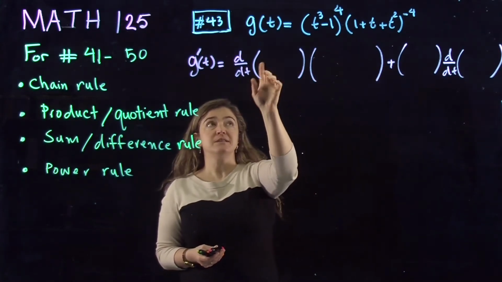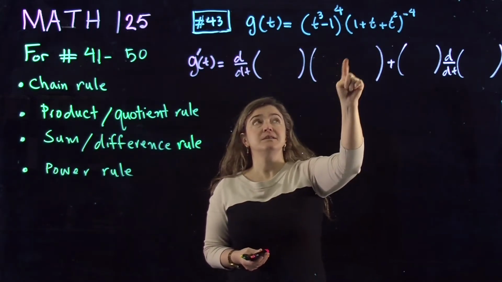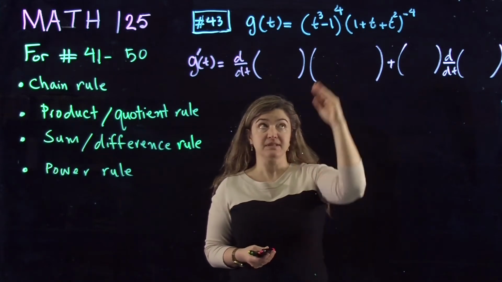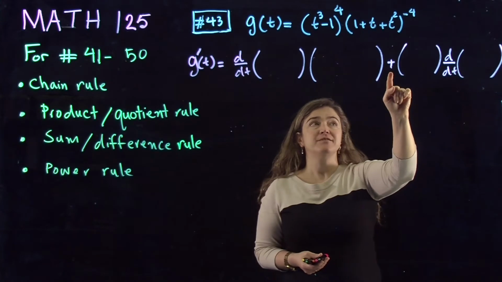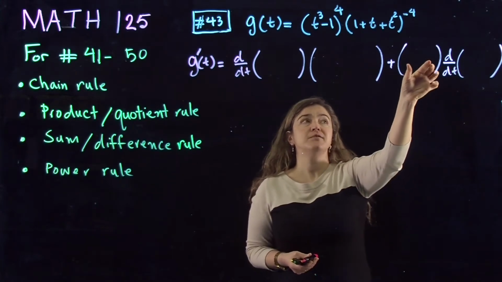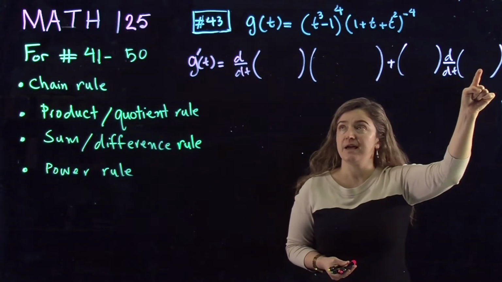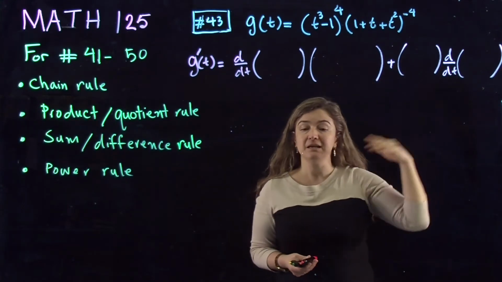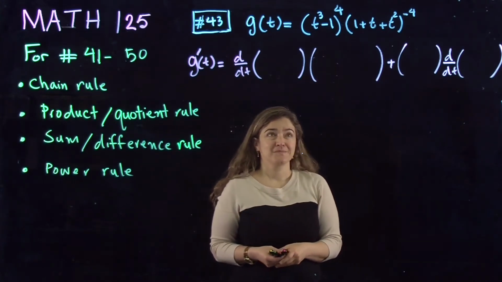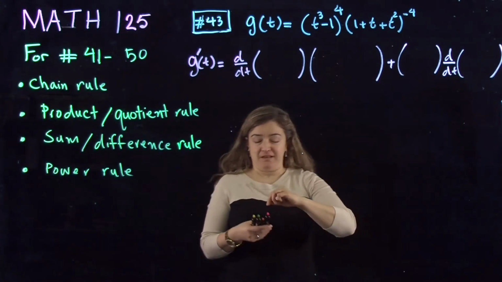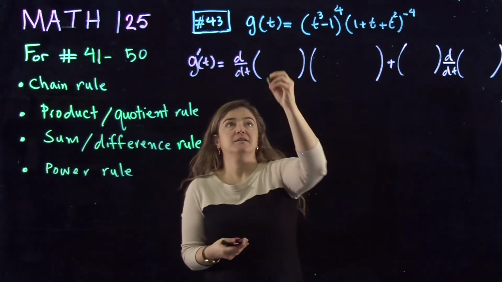In the first parentheses, you want to put the derivative of the first one. In the second parentheses, you want to put the second factor unchanged. After the plus sign, you will have the first factor unchanged times the derivative of the second factor. So putting the parentheses in helps you organize your workspace. So I want to put in